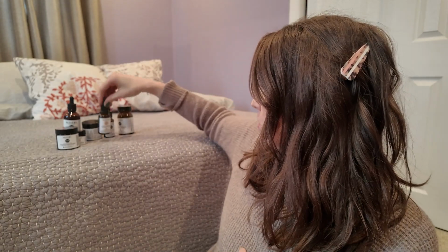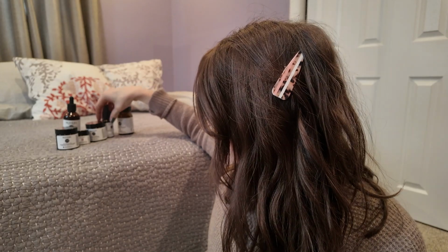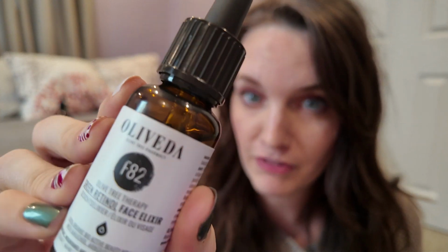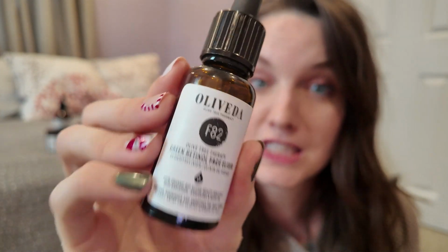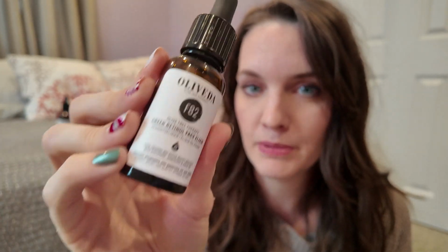And then in the morning and night right now, I am actually combining these two. This one is my favorite Oliveda smell. It is the F82, the green retinol face elixir. So we don't use real retinol. It is a plant-based retinol. And then the